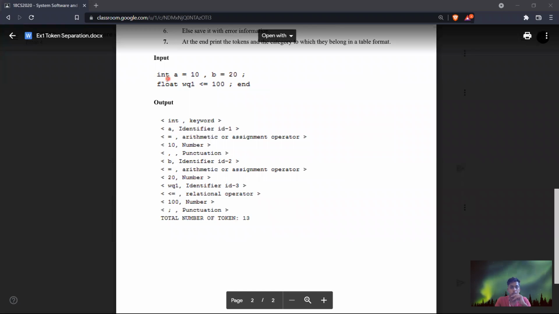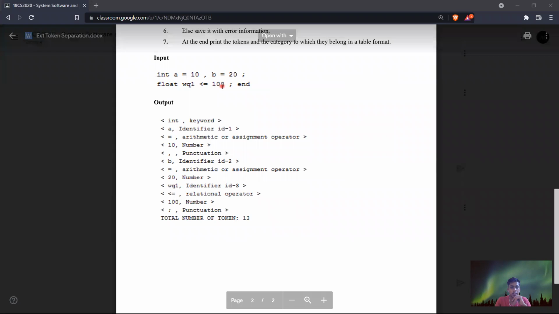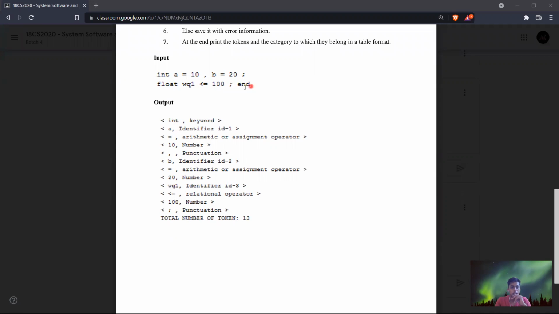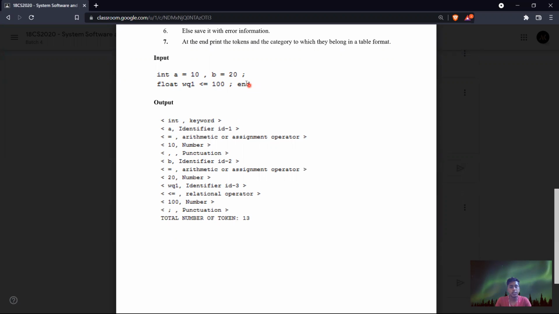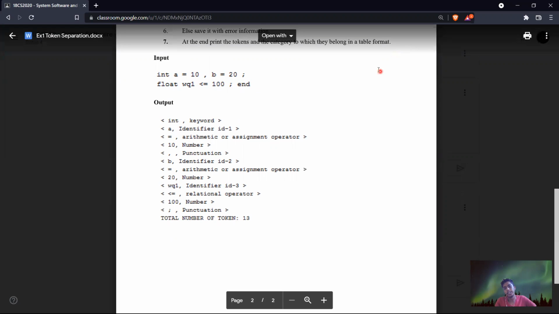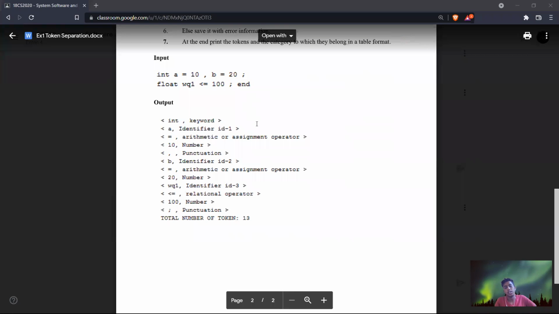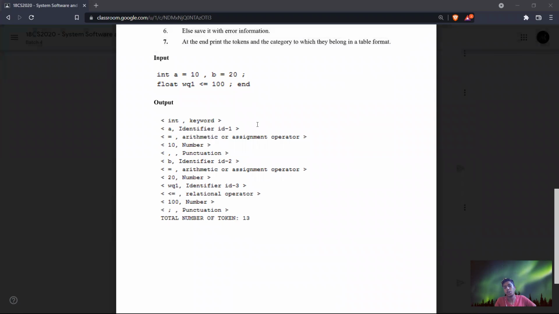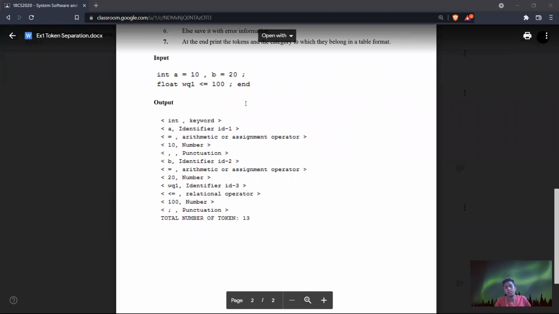That is, int 1 2 3 4 5 6 7 8, float 9 10 11 12 13. So there are totally 13 tokens. And the end keyword has been ignored.